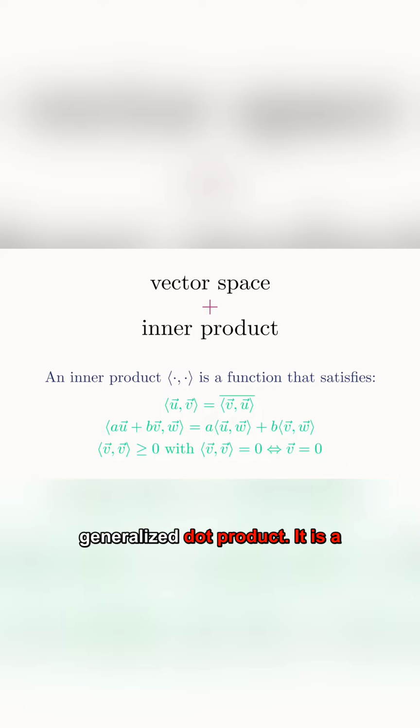Essentially, this is just a generalized dot product. It is a way to capture the lengths of vectors as well as the angles between them for a general vector space. In fact, in the case of the familiar 2D plane or 3D